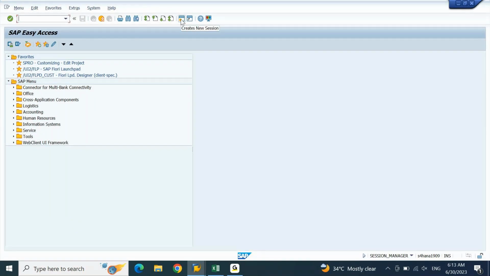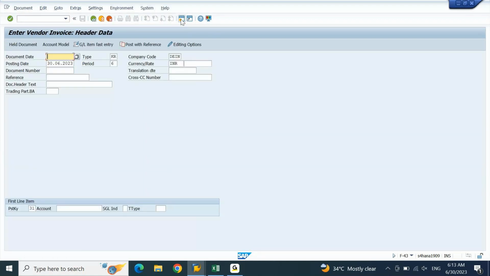From now on, whenever you are going to test APP or any other process multiple times, do not post the data entries several times. You're not supposed to pay attention to F-43 so many times. Because you know how to post the vendor invoice, you must know how to bring the invoice document or the test document quickly, without thinking too much. Your focus is supposed to be on the APP process, not on invoice posting, because you already know how to post the invoice. For that, what you need to do,